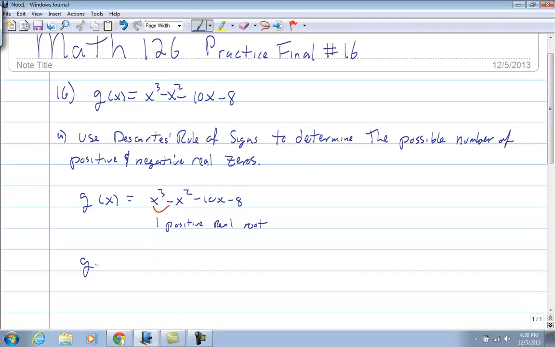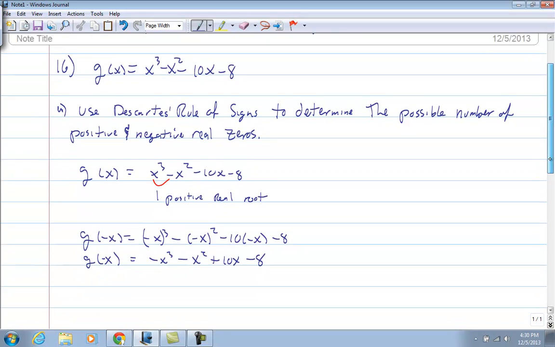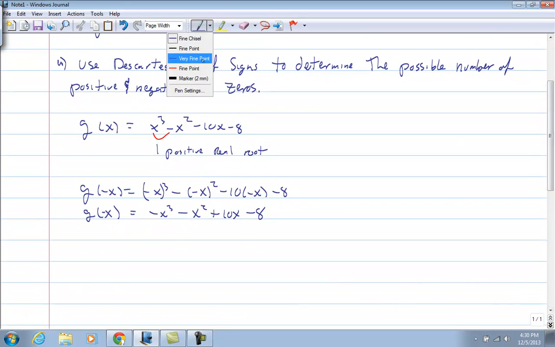Then we look at g of negative x, which is negative x cubed minus negative x squared minus 10 times negative x minus 8. And we simplify that. That's going to be negative x cubed minus x squared minus negative makes it plus 10x minus 8. So now look at these for the sign changes. It's negative, negative, now it goes positive. That's one sign change. Positive to negative is another sign change. So what we have here is two sign changes. So we have possibly two negative